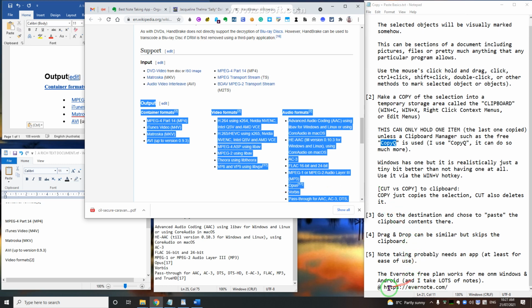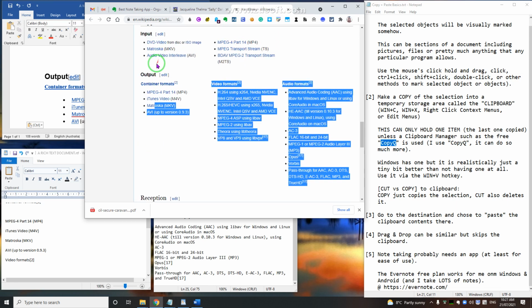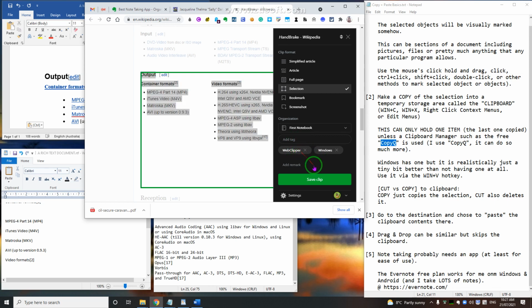I would use Evernote, and just to give you an example of how I might capture this page, or this section of the page if I only wanted this, and again, I can't select that, I go to the Evernote Clipper. Because I've selected it, it's automatically gone into selection mode. So I can now save that clip. I can give it tags. So if I want to look at anything related to, well, this is not related to Android, so let's get rid of that. If I wanted to find anything that I've clipped with this web clipper that I use,